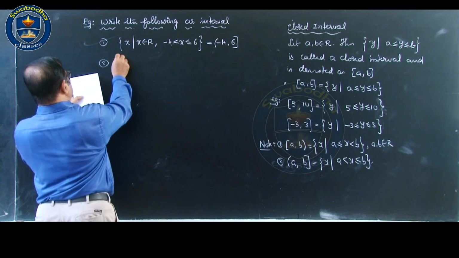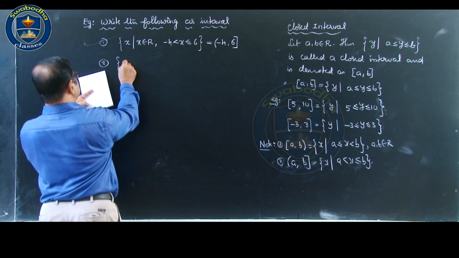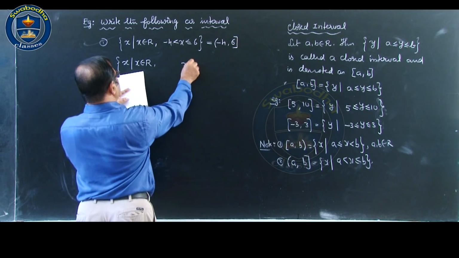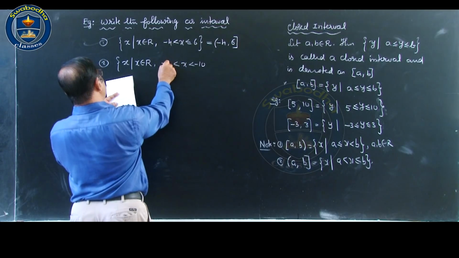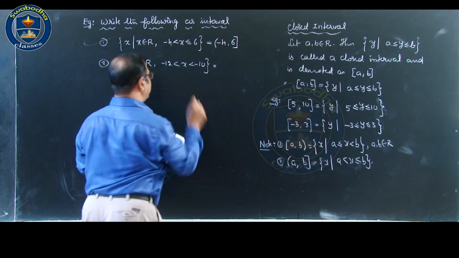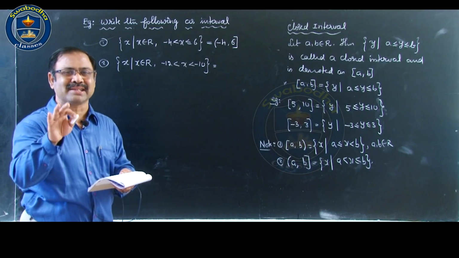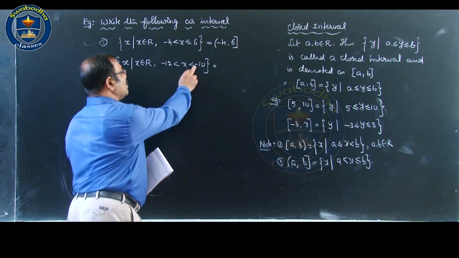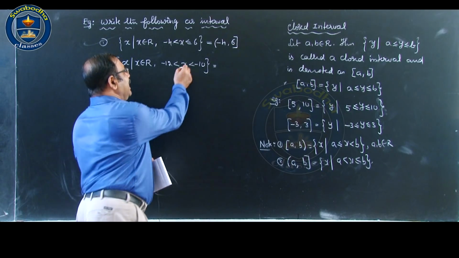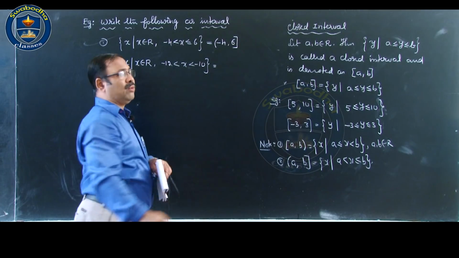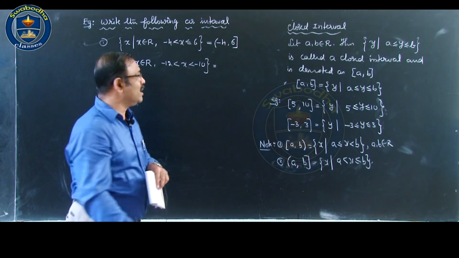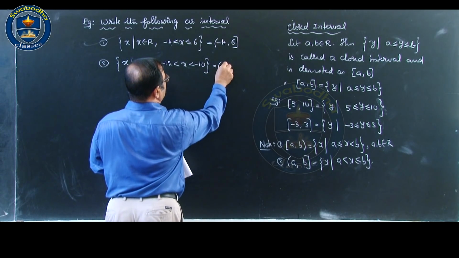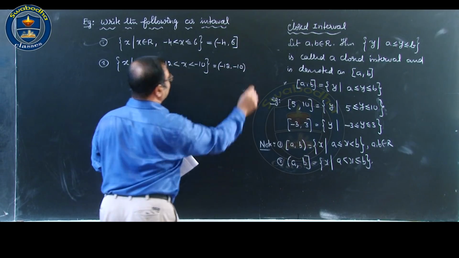Then the set of all x such that x belongs to R, x is strictly less than minus 10, greater than minus 12. So, on either side it is strictly less than and strictly greater than. Therefore, it is clear that these values are not included. If equal were put here it would be included, but they did not put equal. So, they are not included. So, how do you write this? It is open from left as well as right. Minus 12 comma minus 10.